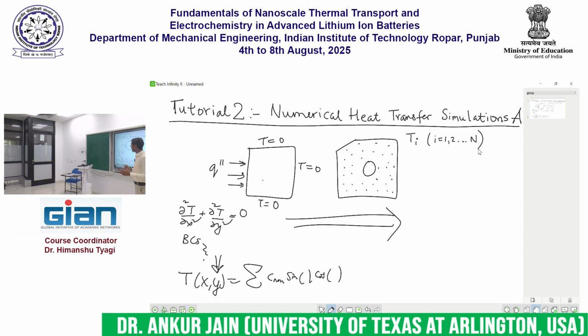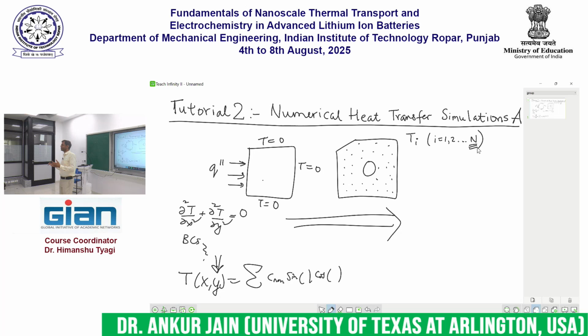The good thing is, even though there are these two imperfections that I talked about, I at least have control about the extent of those imperfections. In other words, by increasing the value of n, I can make my solution more and more exact. I can reduce the error to an extent that it may possibly be acceptable to me. As an engineer, if I know that the temperature here is